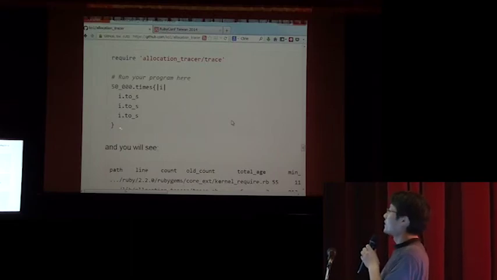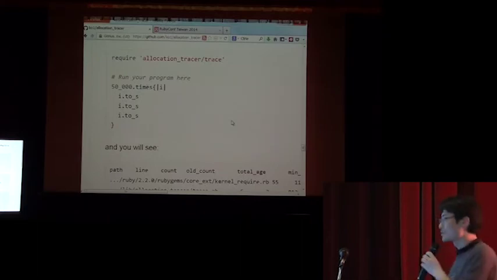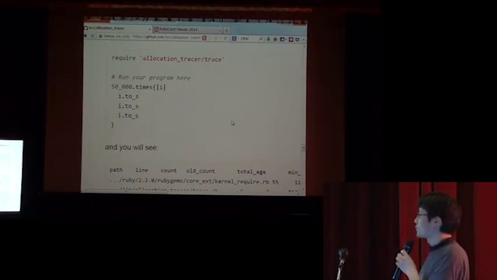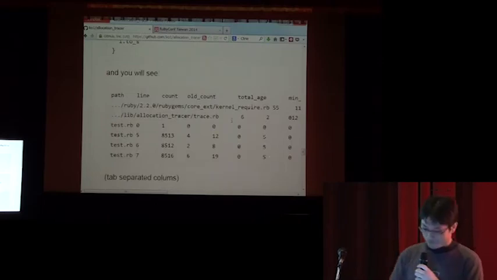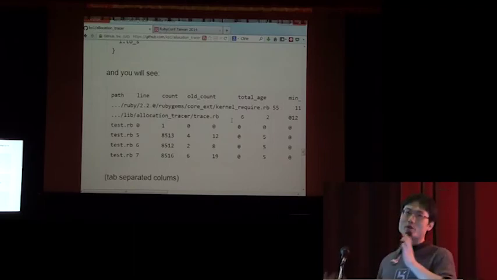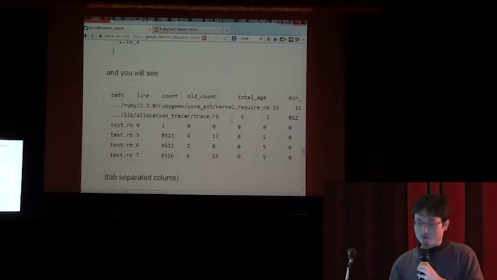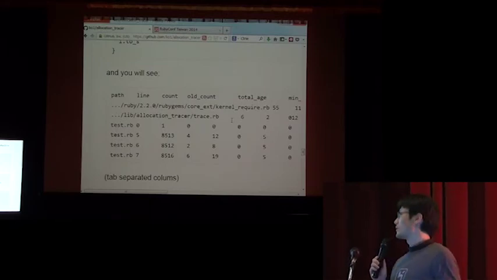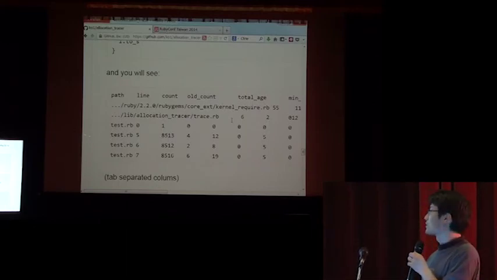Then after execution of this program, it will show such results. This is a tab separated table, so you can copy and paste it to Excel, and you can find out how many objects are allocated by each line.